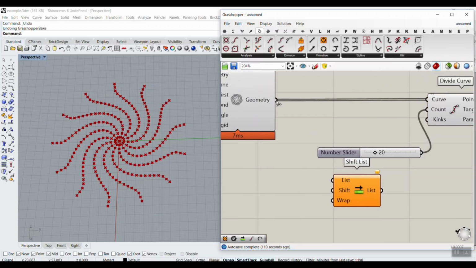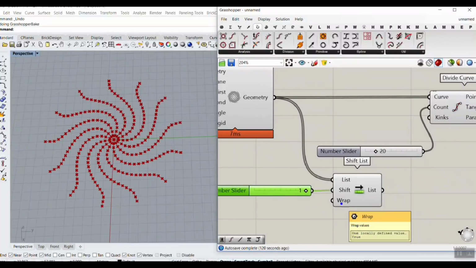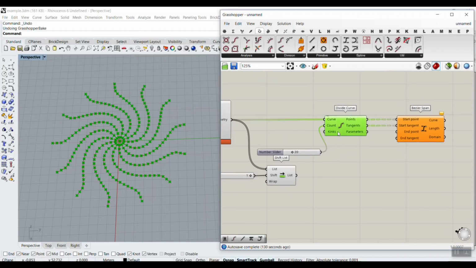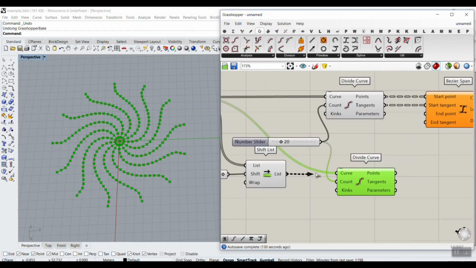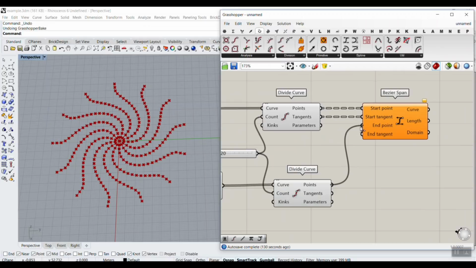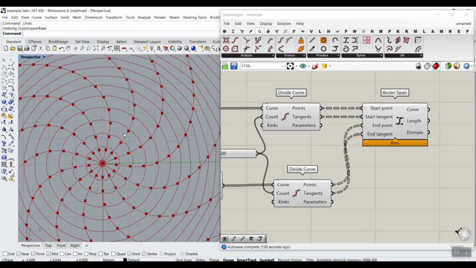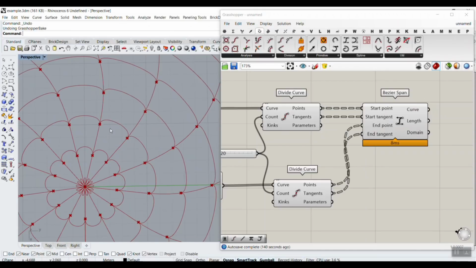So this is really easy. I'm going to put this in the list, shifting 1, and the wrap is true. That means that if it shifts all to the end, it's not going to delete the last index. Again, we're going to divide that, and now give this at the end, and give this a tangent. Okay, so you can see it's producing something, but the tangent is not really